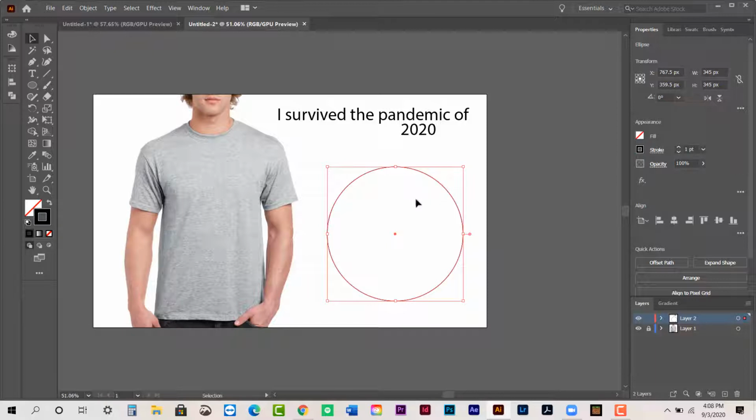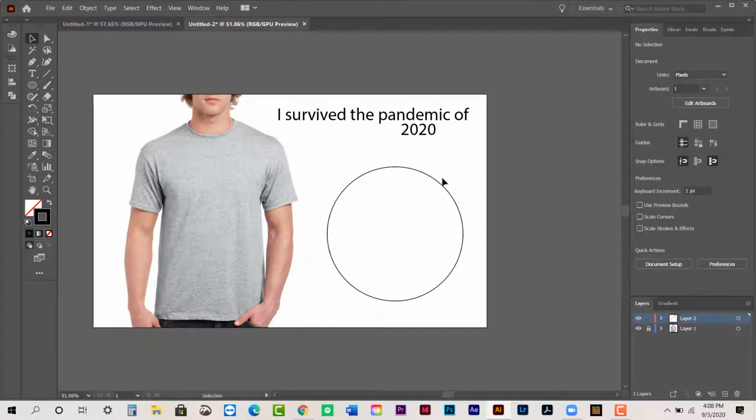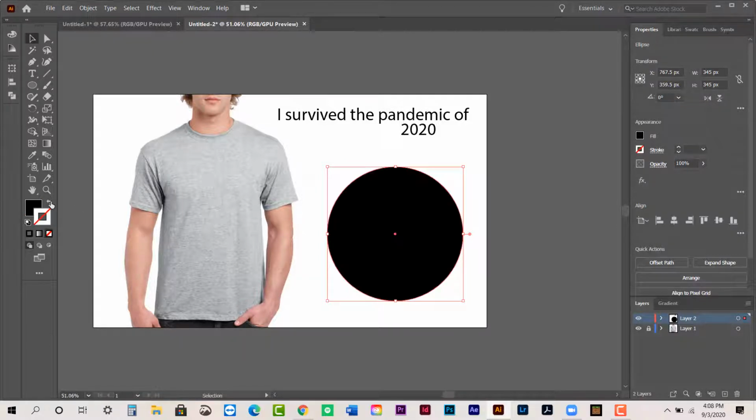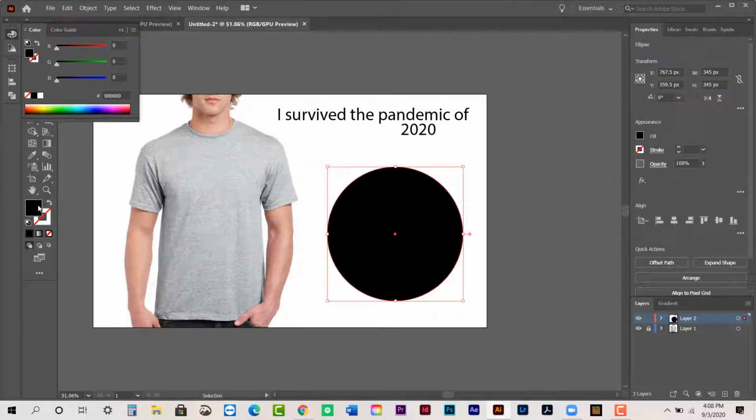So then there's nothing in the circle, but the outline is there, and then the outline is black. I will probably be doing this in a little bit because I want a couple different layers of circles. But for now, we're just going to stick with our black circle. And then if you want to change the color of your circle from black to something else, you double